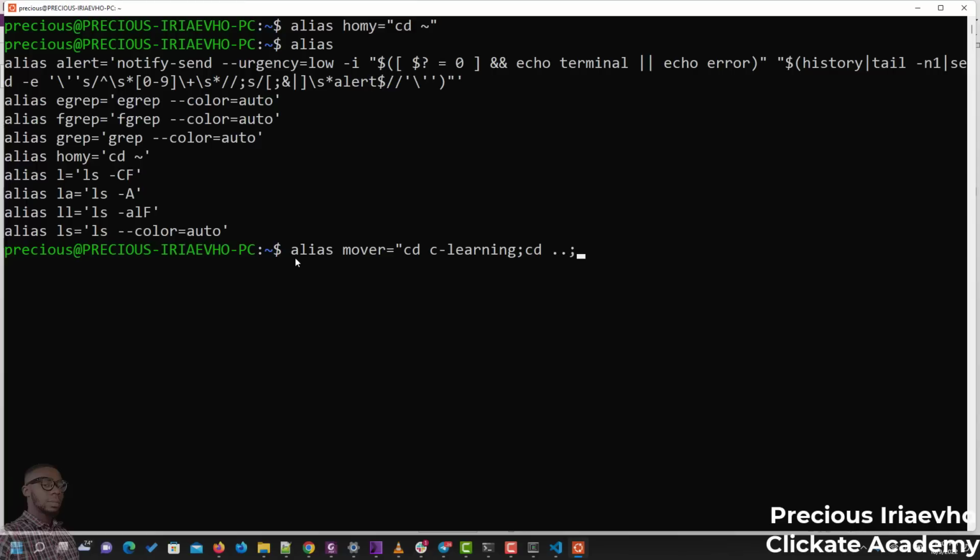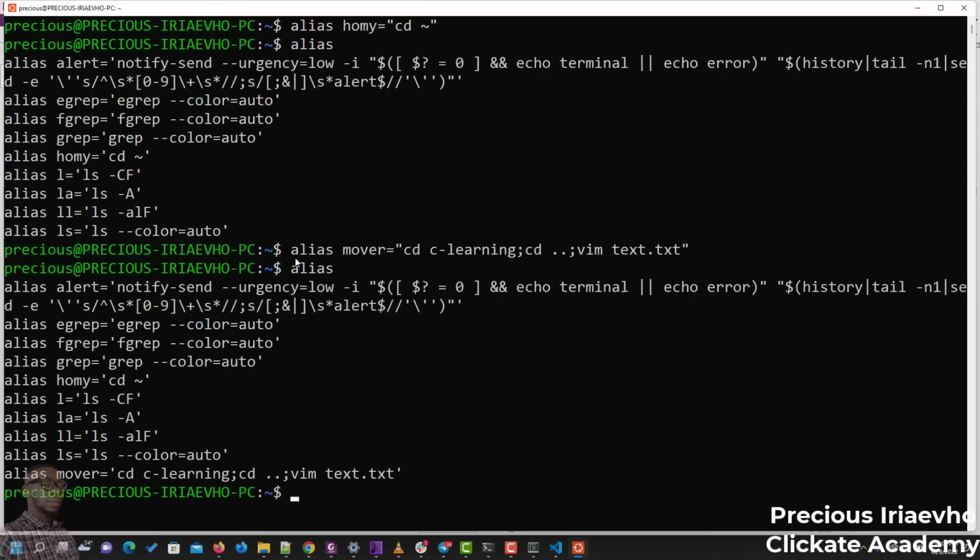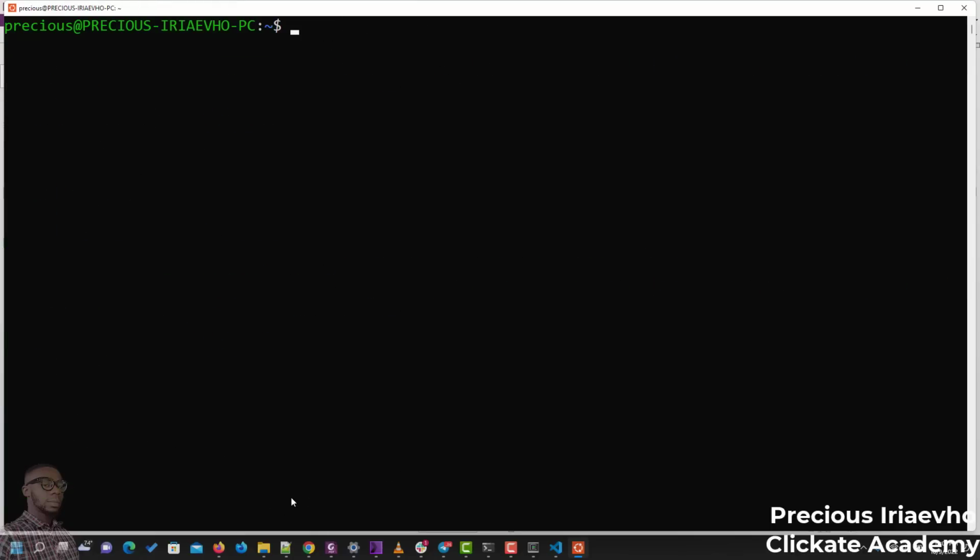Then you should open the test.txt in the Vim editor, and that's all. So let's check all the aliases we have now. You see, we have the new one we created called cd home, and we have another one called mover. So if we go into C learning,